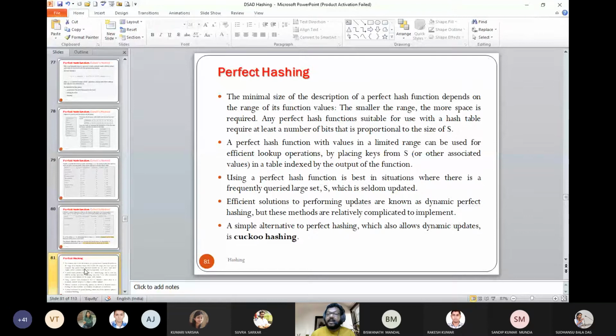Using a perfect hash function is best when there is a frequently queried large set S which is seldom updated. That means you stored the information permanently in a database. Insertion and deletion are very rare, but queries are very frequent. And because we have to keep the retrieval time constant, we are looking for a perfect hash function.